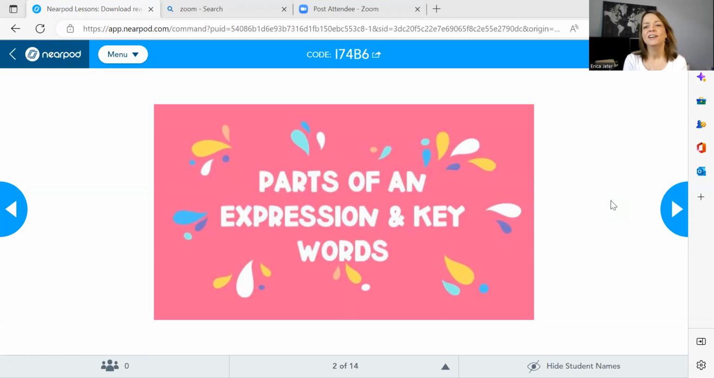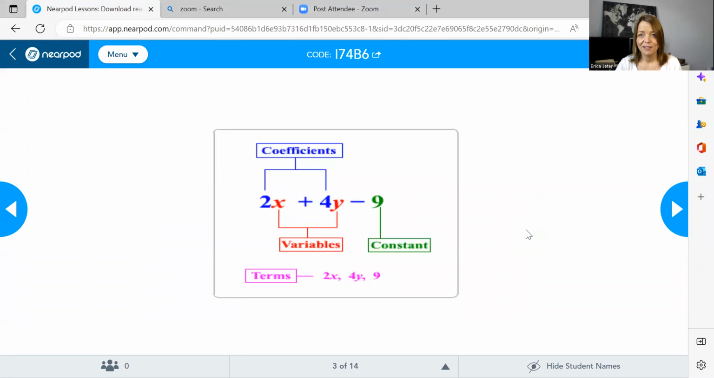So at this point, I would have already gone over my introduction for the day, my agenda, what our game plan was. I would share the code for the Nearpod so they could open it up and jump on here with me. I would start on slide 2, parts of an expression and keywords. So slide 3, if you jump on slide 3 with me, you'll see the parts of the expression we have